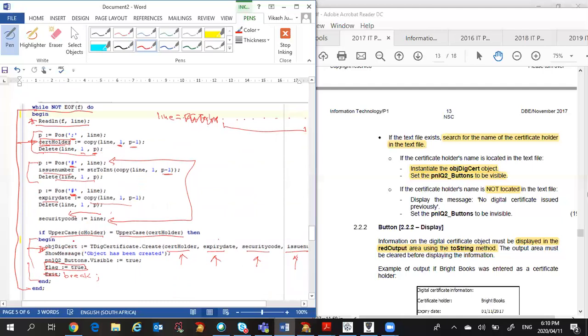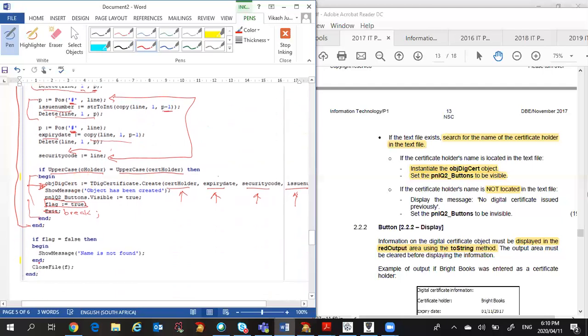However, if I don't find what I'm looking for, then flag remains false. So outside of the loop, now I'm out of the while loop, I check the value of flag. And if flag happened to remain false, it means that the name I was searching for was not found. A search is really an important technique